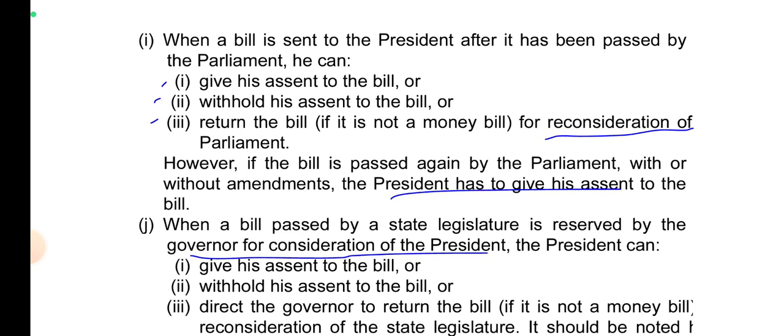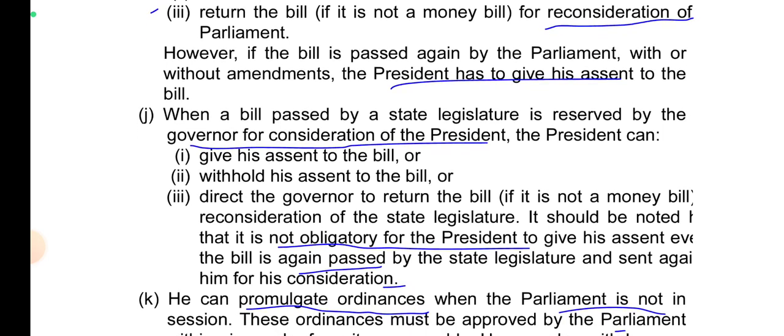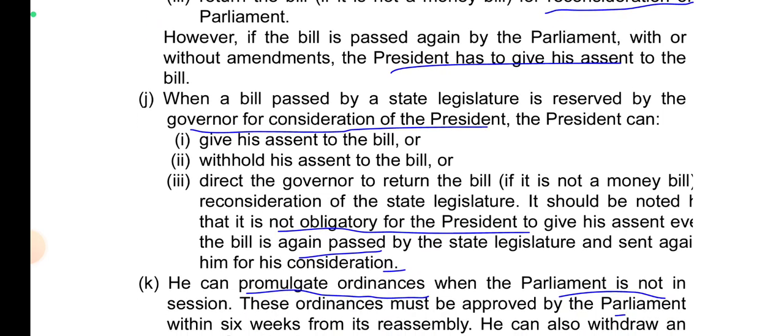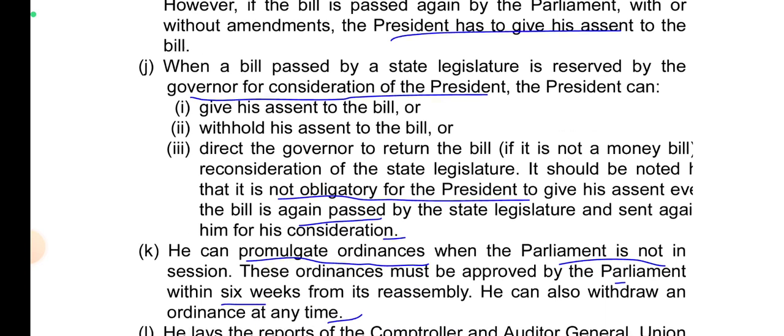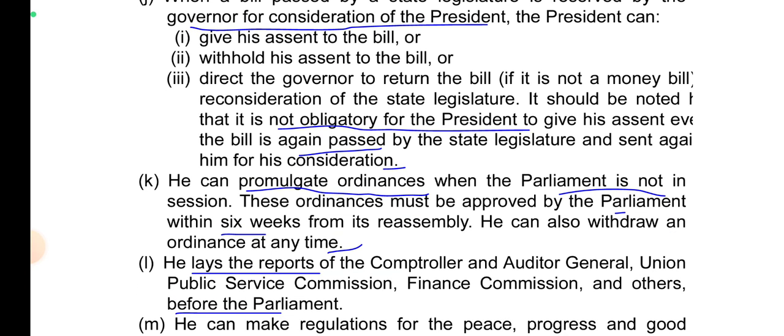When a bill is sent to the President after it has been passed by the Parliament, he can give his assent to the bill or withhold his assent to the bill or return the bill, if it is not a money bill, for reconsideration of Parliament. However, if the bill is passed again by the Parliament with or without amendments, the President has to give his assent to the bill. When a bill passed by state legislature is reserved by the Governor for consideration of the President, the President can